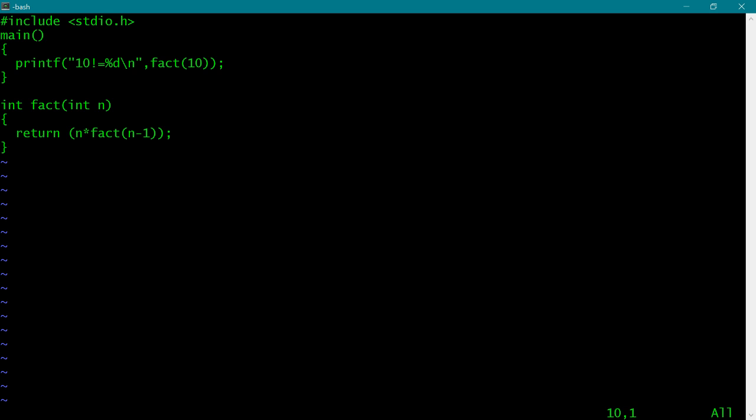What's n factorial? It's n times n minus 1 factorial. But if I run this,